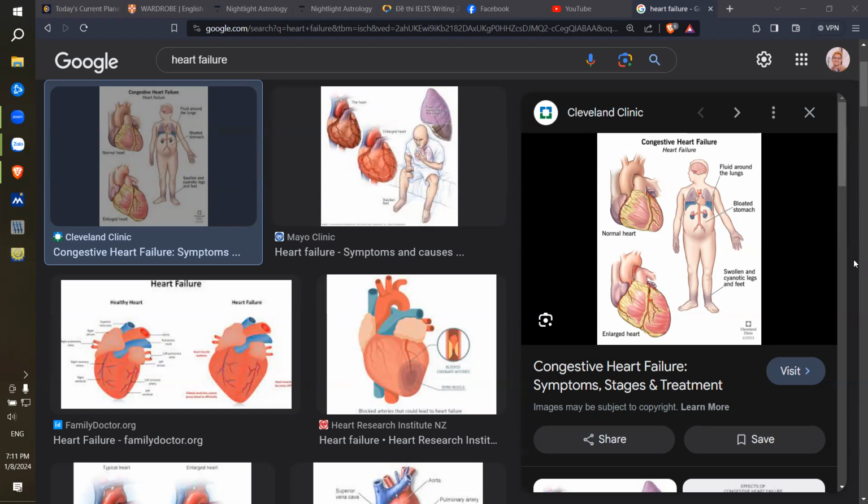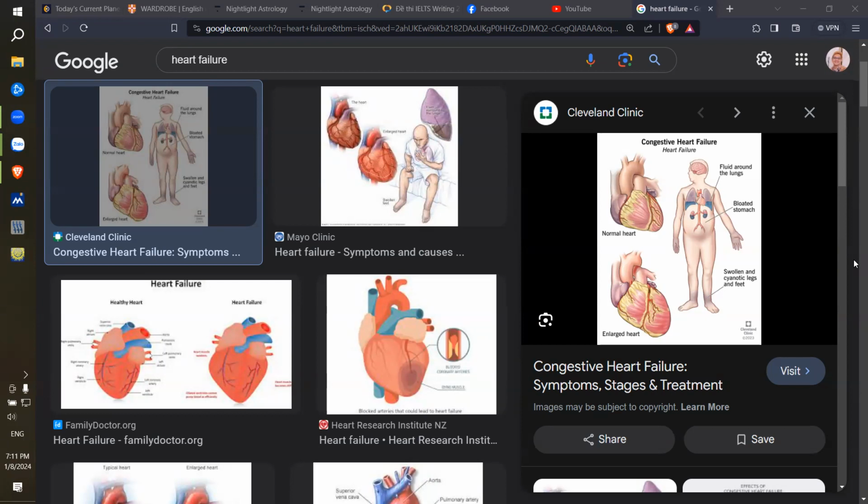So when the heart is not working as well as it should be, the blood will back up and fluid can build up in the lungs and cause shortness of breath. So there are some symptoms of heart failure. It is shortness of breath with activity or when lying down, fatigue and weakness, swelling in legs, ankles, and feet,